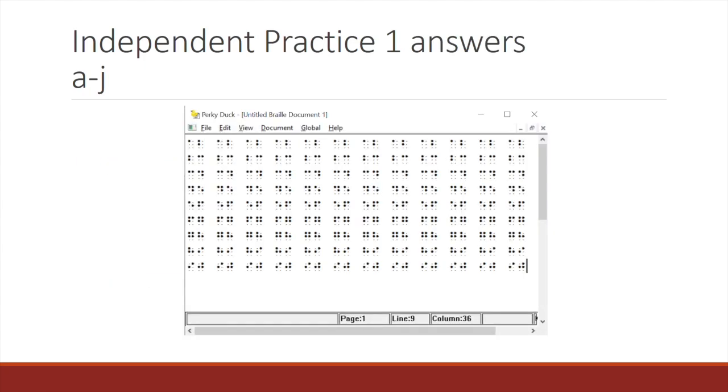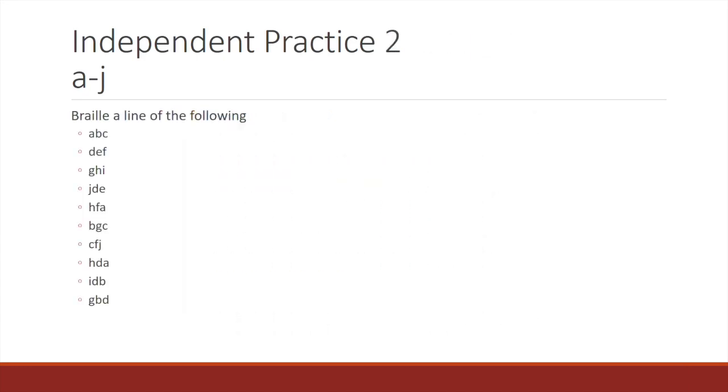Here is the Braille font for the answers for Independent Practice 1, letters A through J. Here is Independent Practice 2 for the letters A through J. Braille a line of the following groupings of letters. Each group is a grouping of 3 letters: